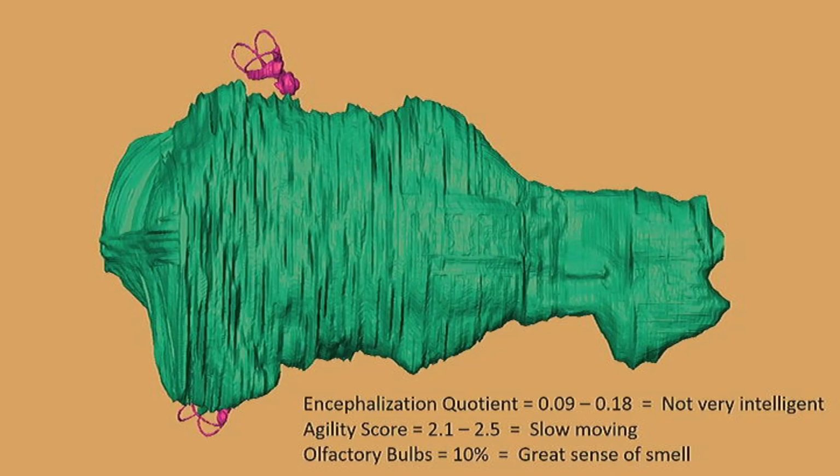But it had an incredible amount of its brain dedicated to its sense of smell. So that's this part of the brain up here. It probably had this incredible sense of smell. So these early animals, you can start to build a picture of these things rummaging around on a forest floor, not worrying about running from anything, not terribly intelligent, just following their nose wherever they go. These are some of the cool discoveries that are happening now, and we actually have a paper in review with a team out of the UK on just this work, looking at early placental mammal brains